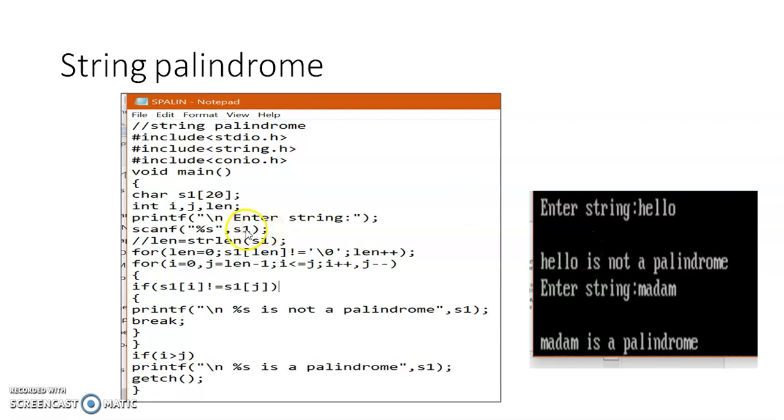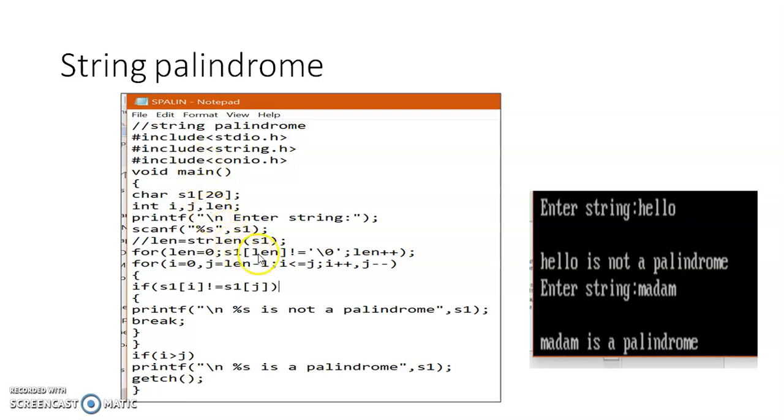For that purpose, we are going to read a string and find the length of the string; using strlen is optional. To take our cursor to the end of the string, we use a semicolon after the for loop. We read each and every character, writing len equal to 0 in the for loop. s1 of len is an integer-indexed character here.